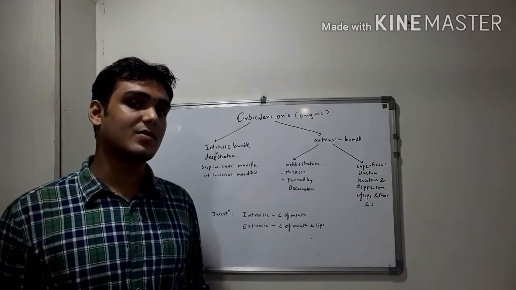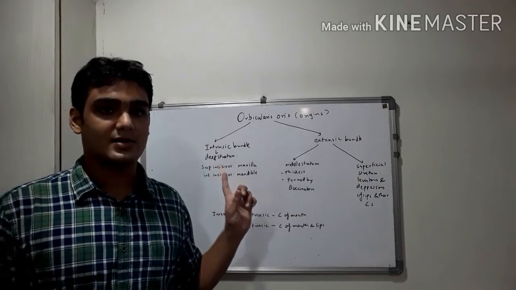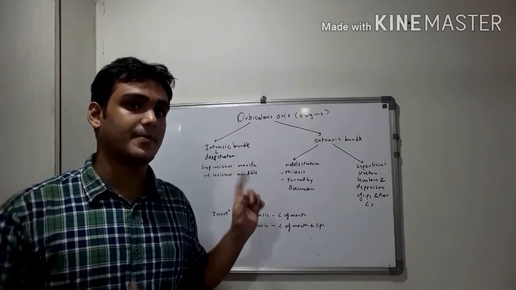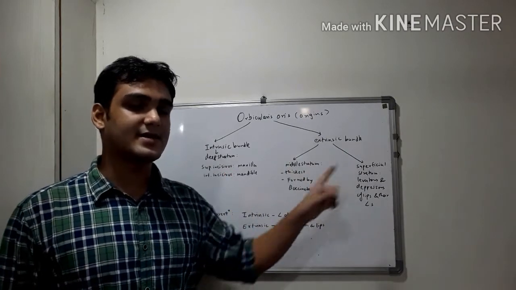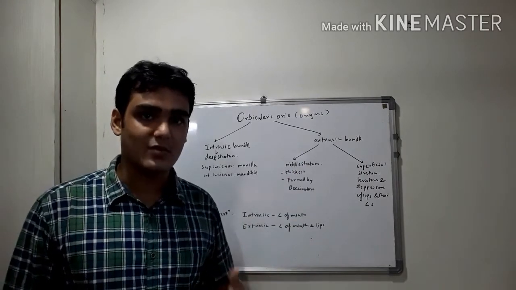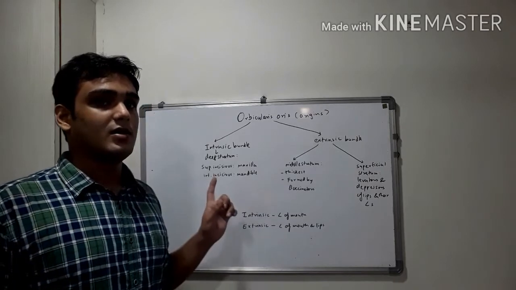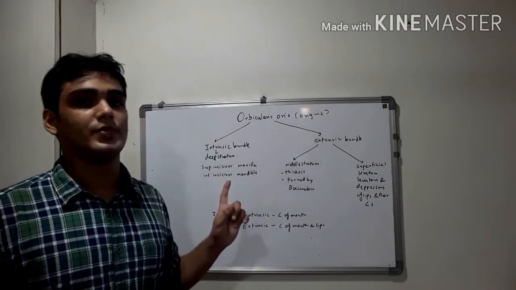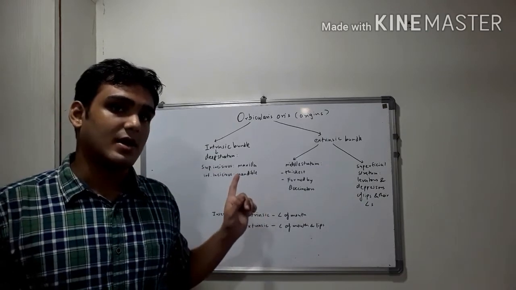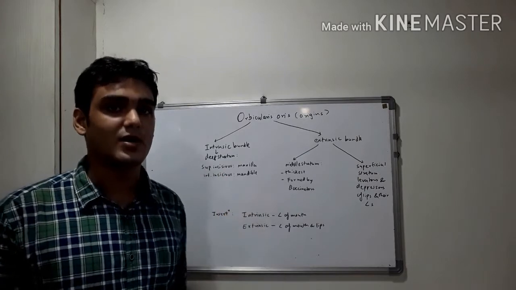So the deep stratum comes under the intrinsic bundle, and it is quite obvious, as the deep structures are more towards the interior, and the middle and superficial strata come under the extrinsic bundle, as the superficial structures are more towards the exterior, right? So firstly, talking about the intrinsic bundle, it has two components, superior incisivus and inferior incisivus, and it is quite easy to understand, as superior incisivus originates from maxilla and inferior incisivus originates from the mandible.